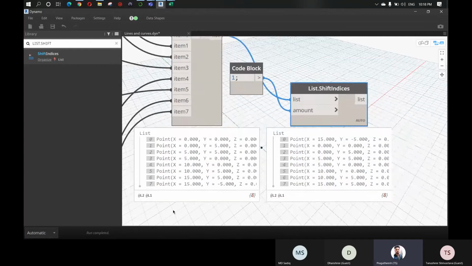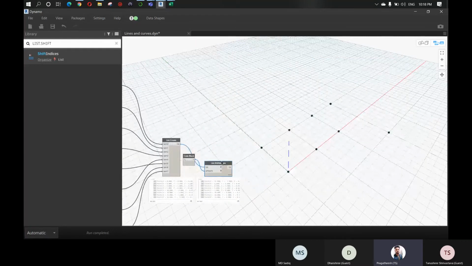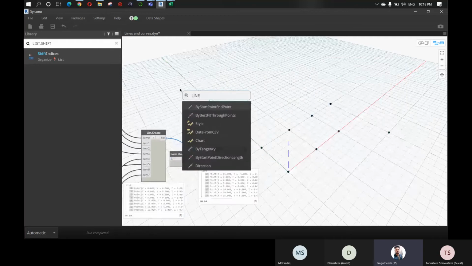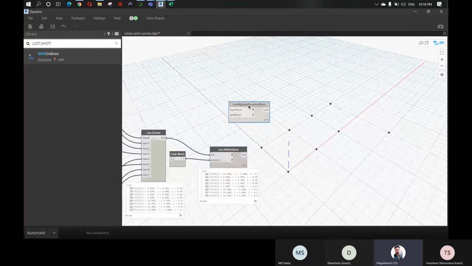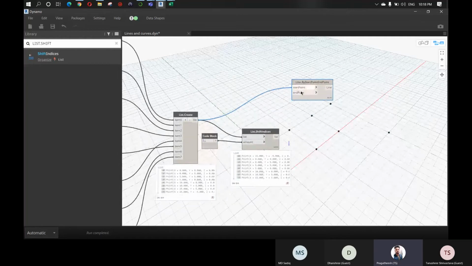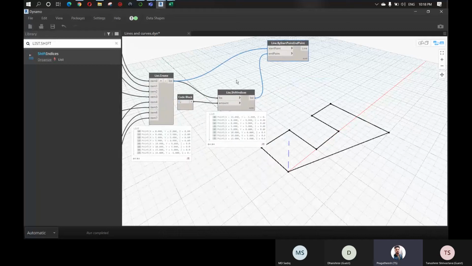Okay, so now we can create some lines. I'm giving the start point as this list, and the end point as the shifted indices list. As I connect, you can see we have created lines.